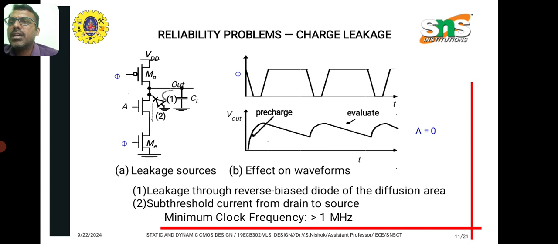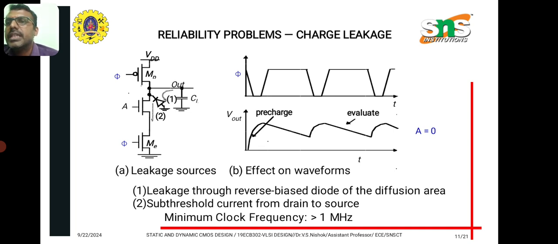When the clock signal is equal to 1, there will be a flow of the voltage across the output path towards the ground based on the pull down network. If the pull down network is on, that is, the NMOS transistor in the pull down network is on, then the charge will flow towards the ground and the output will be equal to 0. But in case the pull down network is off, that is, the NMOS transistor in the pull down network is off, the charge in the output path will be leaked